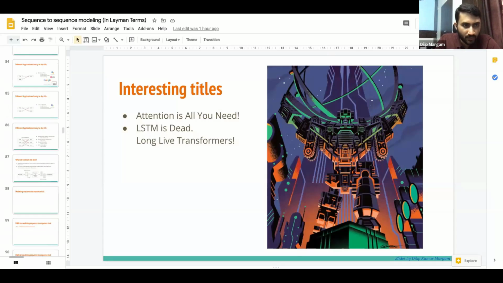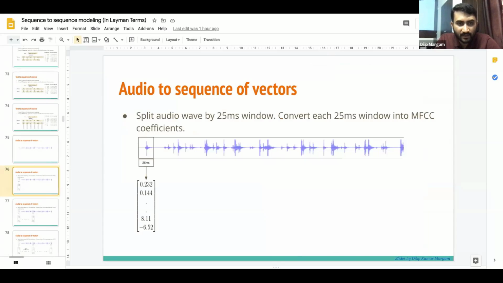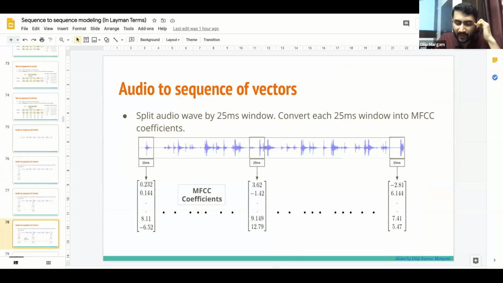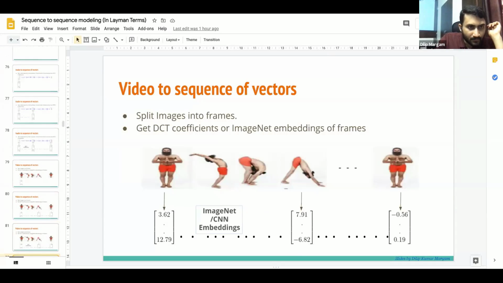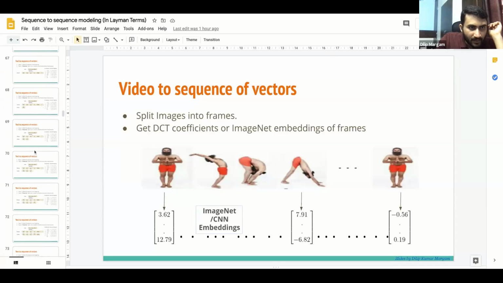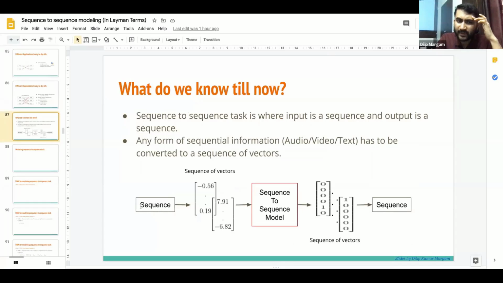As I have told you, speech is processed like this: every 25 milliseconds, we take the embeddings, and then we give them to a sequence model, and the final mapping is produced. When the input is voice, it is converted to a sequence of vectors and given to the model, and similarly we get the output.